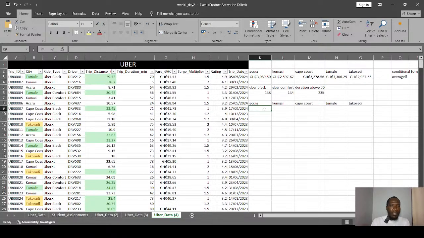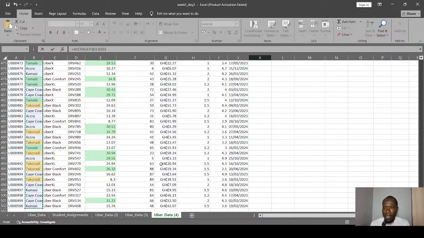Very good. So let's start with Accra, equal to average, and then you see average if. You double click on average if, and then it's asking for the range, right? So the range still starts from B3. B3, Control Shift down arrow, highlights everything.